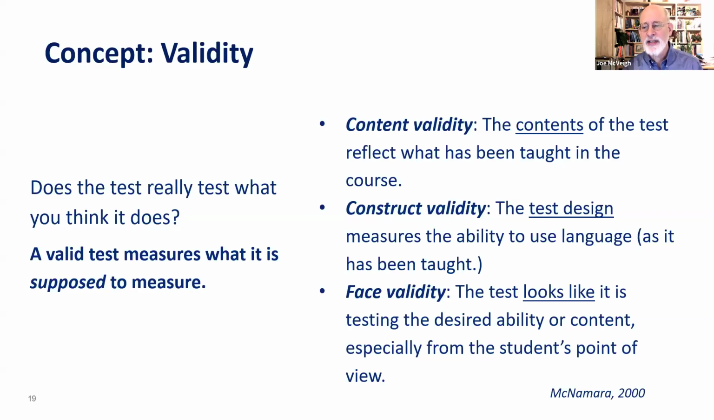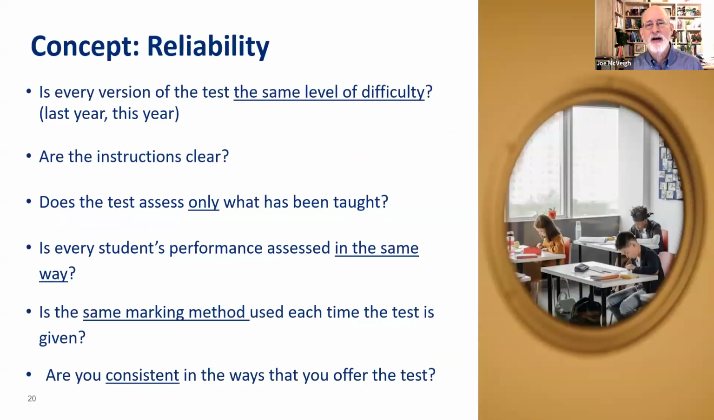And then the last sort of validity that we talk about is called face validity. Face validity means that the test looks like it's testing the desired ability or content, especially from the student's point of view. You don't want the students, after you've given them the test, to say, that was not fair. That test didn't really test the things that we've studied in the class. So let's move on to another concept of testing, and that is the concept of